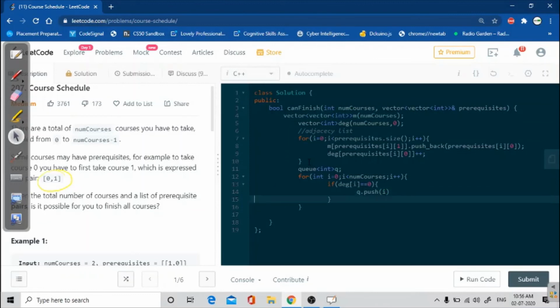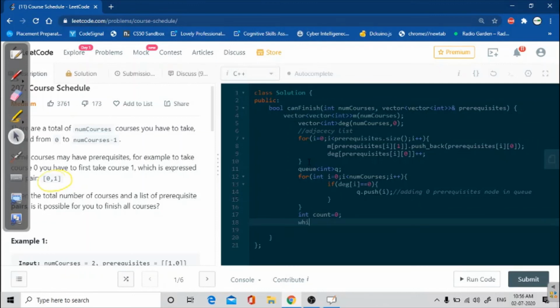So we are basically adding the zero prerequisite nodes in q. After that, we have to maintain count. For that I am initializing count equals to 0.